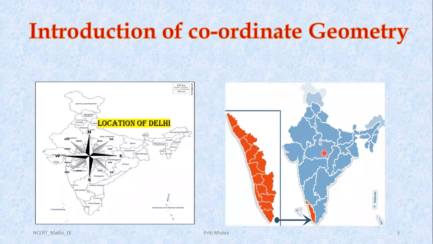But if I ask you about the location of Kochi with respect to the world map, then it will be different. It's not in south with respect to the world map, because India is in the northeast direction in the world map. So its location will differ. Its location is in south only with respect to the map of India. So what's the important point here? The main point is with which respect we are talking about the location of any place or any object, with which respect we are talking about the position of any object, right?